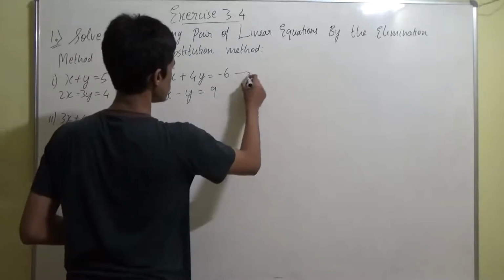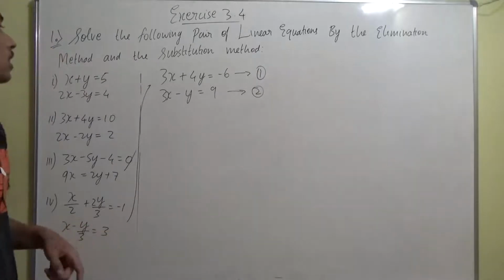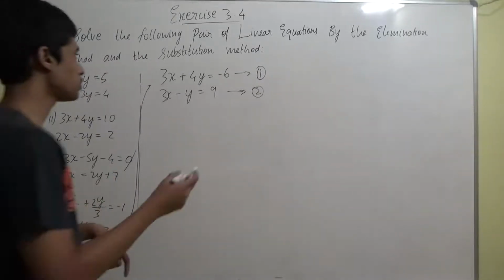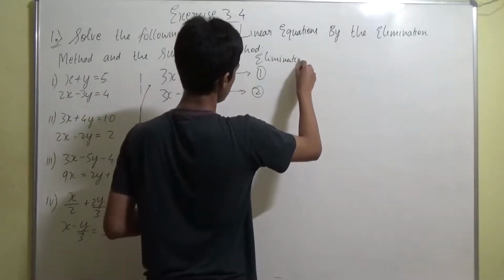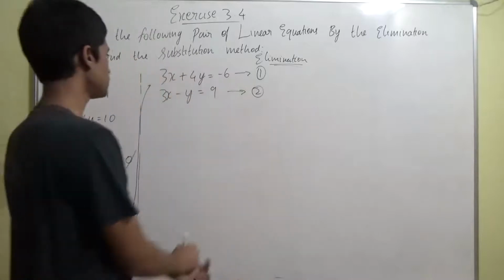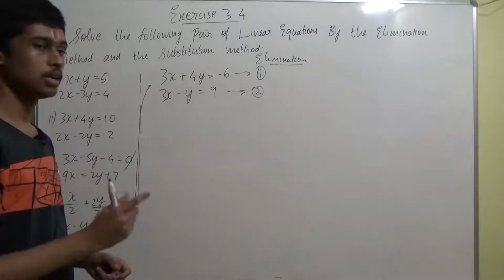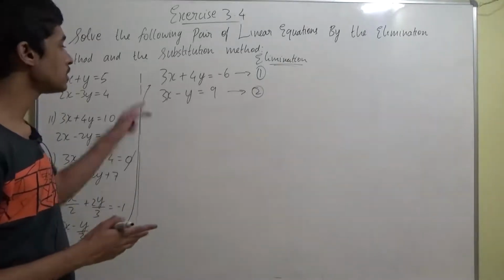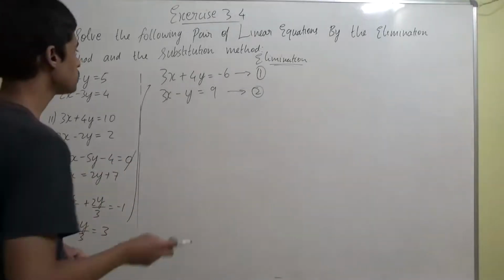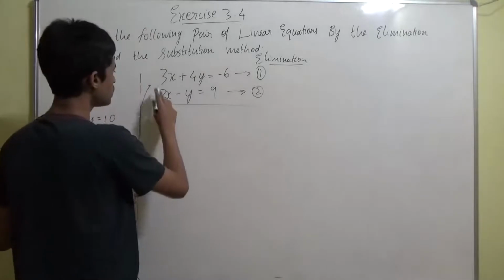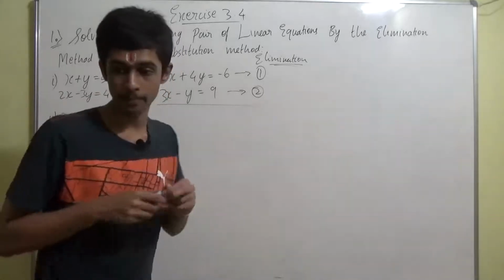Now this is equation 1 and this is equation 2. Now what we are going to do is, we'll do it first by the elimination method. That's what they asked us, right? First the elimination method. I'll do it by the elimination method first. So what we do, we have to bring any one term in the two equations to the same term. If you see, it's already the same term in this equation, so they have made our work much simpler, right? So what we are going to do is, we are just going to subtract it. If both are the same number, we are just going to subtract it. Just a minute, guys, let me put some ink into the marker.